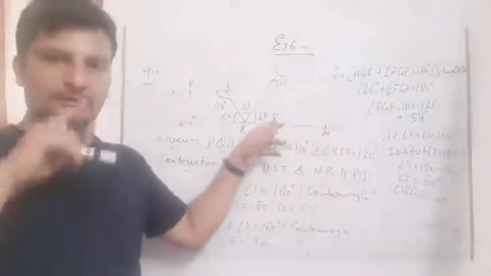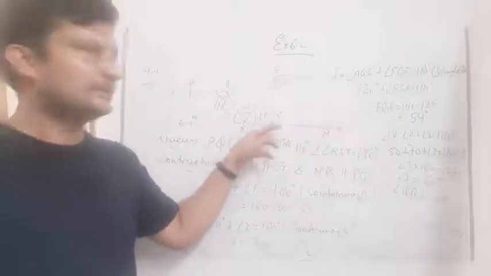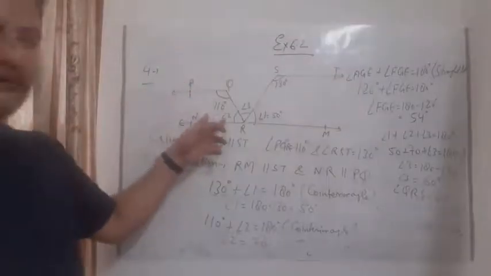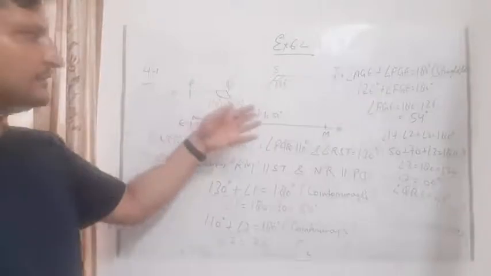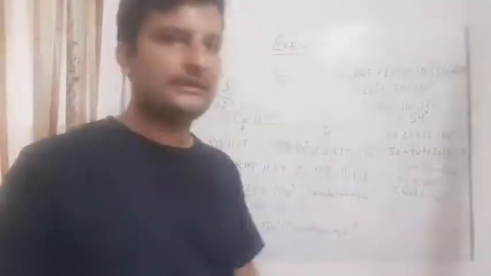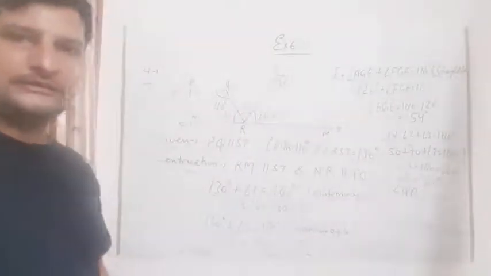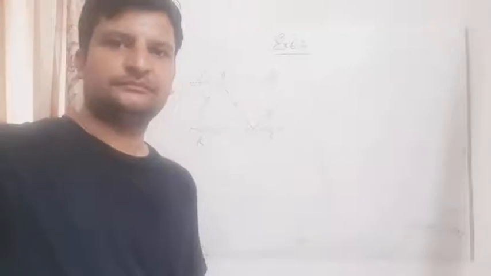So students, in this question first we will find this angle because these are co-interior angles to each other. 130 plus 50, similarly here 110 plus 70, this angle is 70. 70 plus 50 is 120 and the total angle is 180. When we subtract 120 from 180, we get the answer: angle QRS is equal to 60 degrees. So students, you can do it like this. After this we will do the next question.